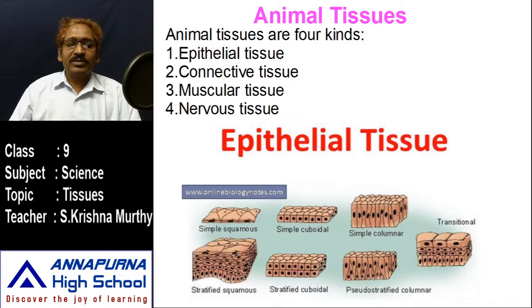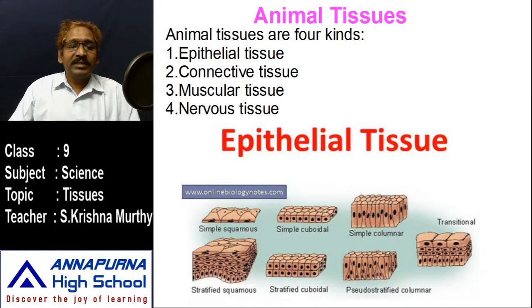Look at these diagrams, the flow here. The epithelial tissue has different kinds of tissues to do different functions in the body. Wherever this epithelial tissue is present, according to the structure of the organ, it does different kinds of functions. That's why these have different kinds of structures. So let us discuss the epithelial tissue. The epithelial tissue has five kinds of tissues. Later we will discuss each one.